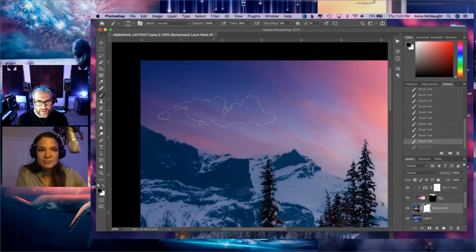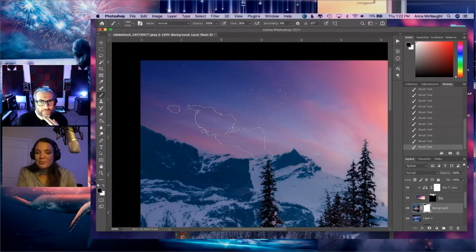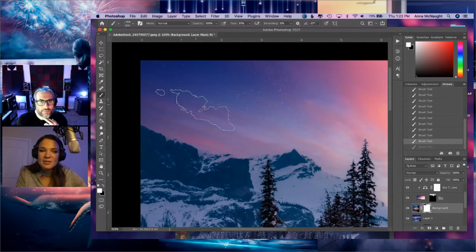Now, do you use these kinds of brushes often? I use the cloud brush the most often. And hair brushes I use a lot too. But I end up not really using brushes too much. Right.